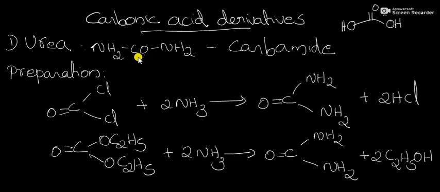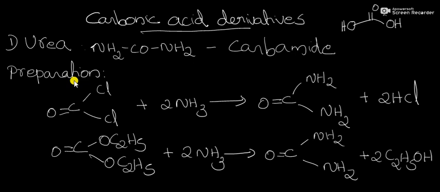Let us discuss the reactions and methods of preparation of urea. This is the formula of urea, NH2CONH2, and it is a diamide of carbonic acid. So it is also called carbamide. Urea is the end product in the metabolism of proteins in our body and is excreted in urine. So urea can be isolated from urine by the reaction with hot oxalic acid solution. That reaction we'll discuss later.